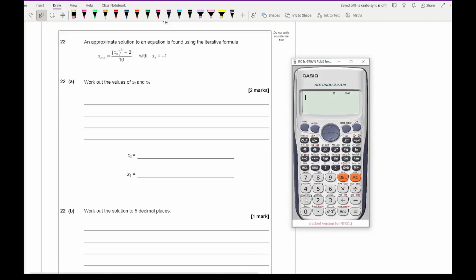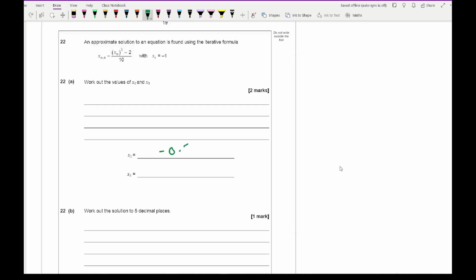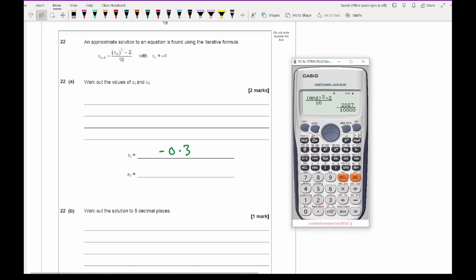Got it here. Now what you want to do first is enter the first number, which is minus 1, press equals. The next thing we then need to do is set up our fraction, and we set up the iterative formula. Wherever we see an xn, we're going to use Ans instead. Here I've got Ans cubed all across minus 2, all over 10. So x2 is going to be minus 0.3, and then for the second value, if I press equals again, it gives me an answer of minus